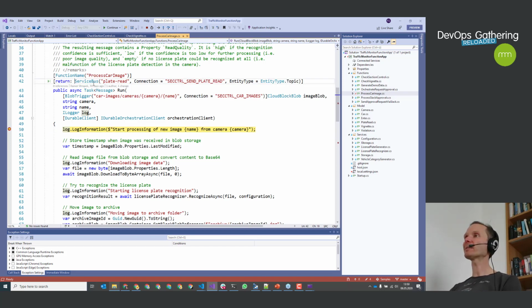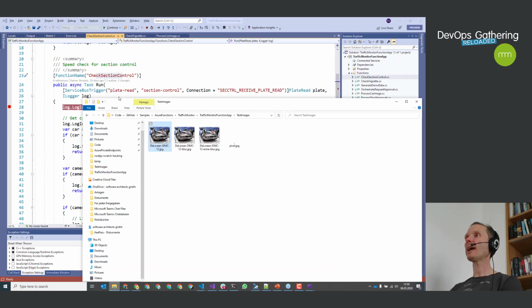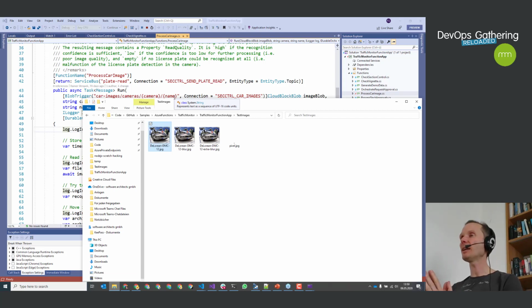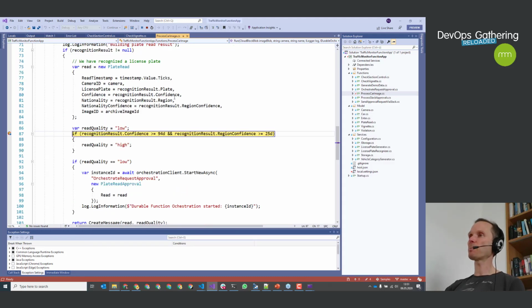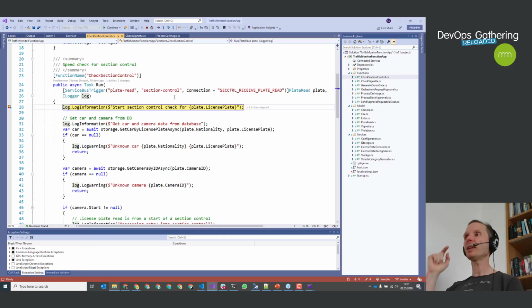At the end, I will write something into a service bus queue, and that will, in the next step, trigger the section control microservice. So add a breakpoint here and let the rest of the algorithm run through. So remove the first breakpoint, let it run, and if everything works out nicely, it should recognize the license plate, write something into my service bus, and trigger the second microservice using service bus, no longer blob storage or HTTP. Let's give it a few seconds, and here we are.